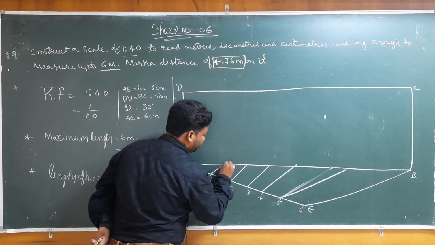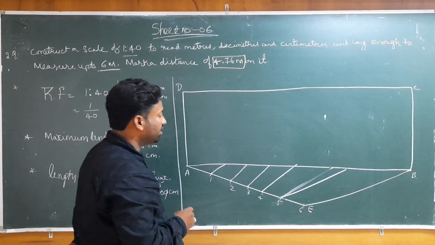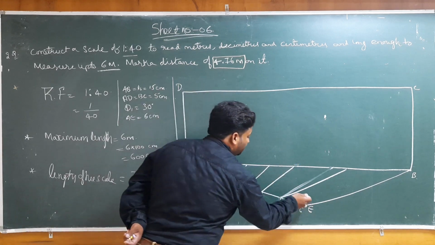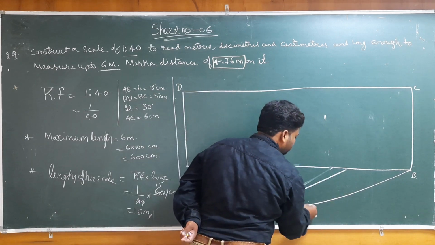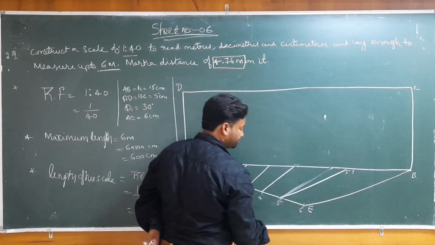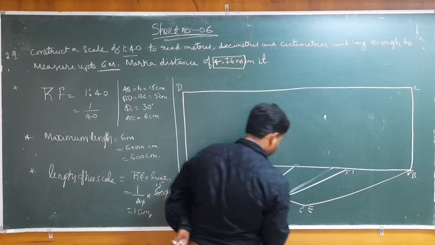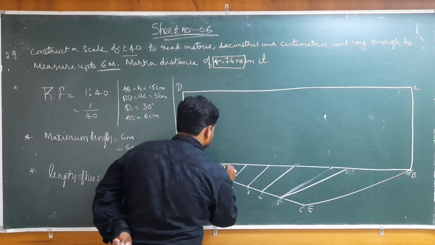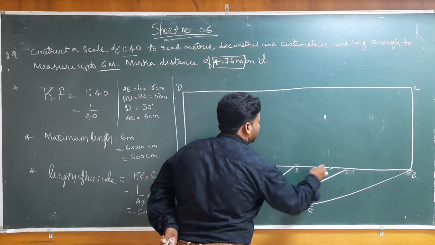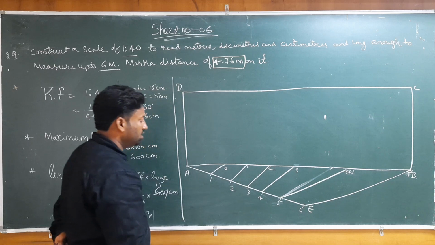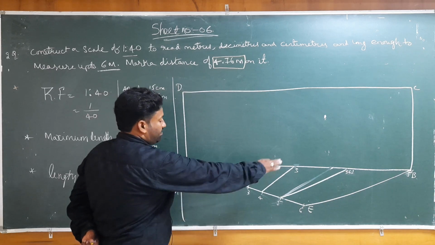So here I am drawing roughly. We are getting unequal division, but please understand that we have to draw these lines parallel. Means EB is parallel to the others. Here 4 is there. Sorry, we can write like 0, 1, 2, 3, 4, 5. So these all are parallel lines.